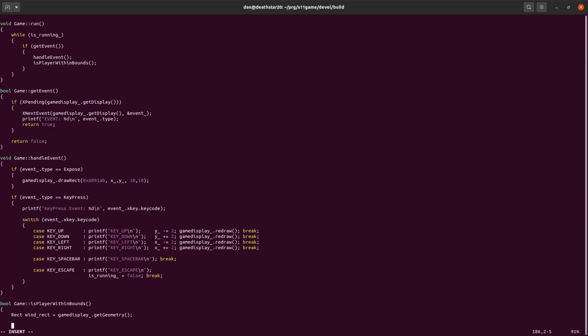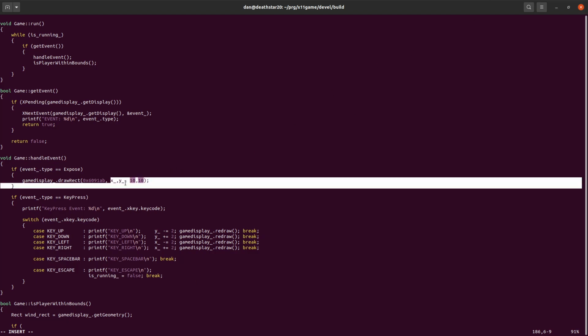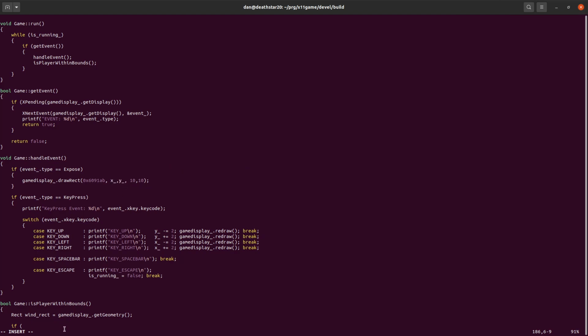All right, now we just need to check if it's inside. So we say if the player's position, which is stored in this XY here, if X is too far to the left, so that would be, remember top left is 0, 0, so too far to the left would be less than 0. So if X is less than 0, then we're out of bounds too far to the left. Or if X is greater than